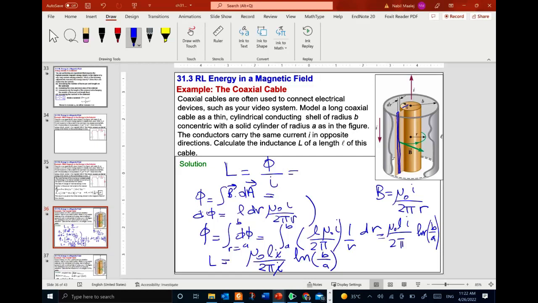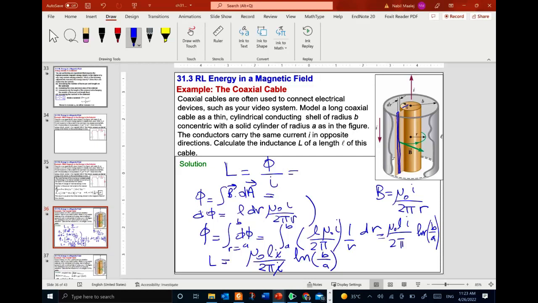In this case, the flux was not easy, because the magnetic field is not constant. As you get close to the inner wire, the magnetic field increases, and it varies as mu 0 I divided by 2 pi r. So as r increases, the magnetic field decreases. So it's not constant, and that's why I had to perform the integral in order to determine the flux. And once I have the flux, I can plug it into the equation for the flux divided by the current, and I can find the inductance